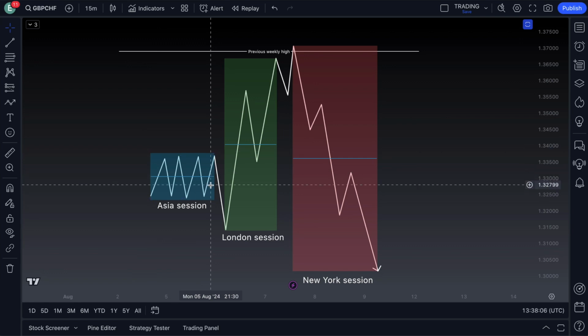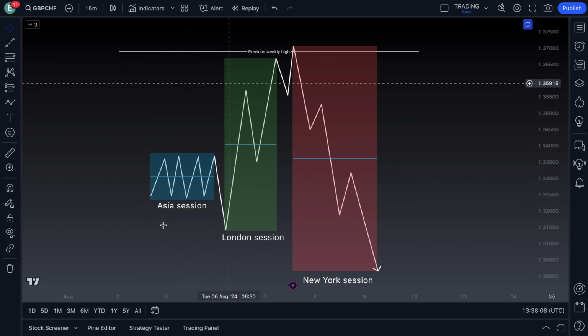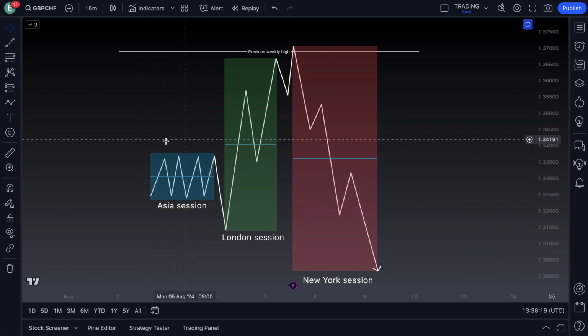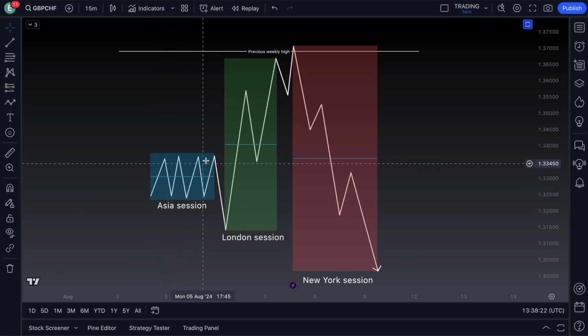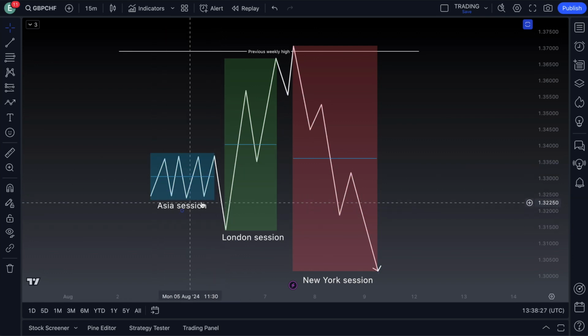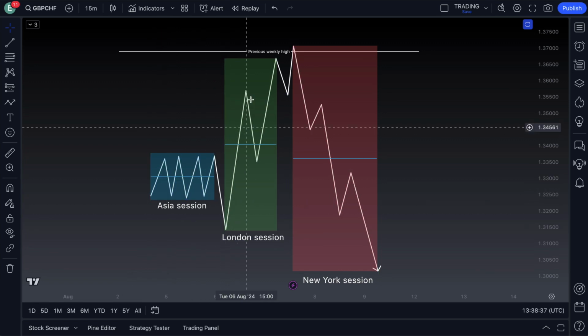Now, like I said, we can't expand properly to a given direction without taking liquidity. And while we are consolidating, we are generating liquidity below and above the highs and lows. So when this session came to an end, London session opened, it manipulated down, knocking all of the buyers that were trying to buy Asia session, all of them out, hitting their stop losses. It used all of that session liquidity as fuel to expand.